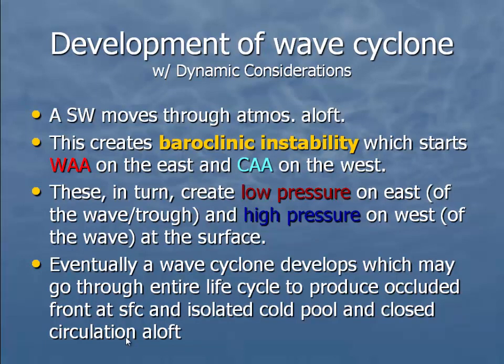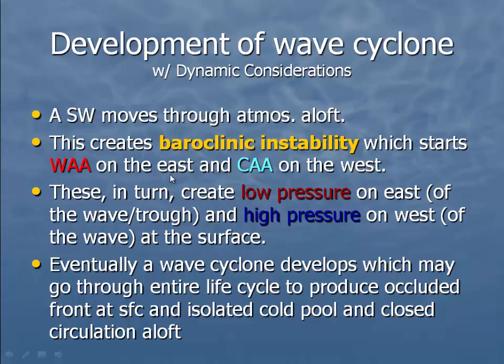So how does this all play out? If we were to put this all together, consider the dynamics that are going on, which are a little bit of a step above this particular class, but just talk a little bit about the basics of what's going on from start to finish. We have some sort of a short wave disturbance moving through a long wave in the atmosphere aloft. This short wave causes a little bit of upper level divergence and causes a little bit of a kink in the stationary boundary. This kink creates baroclinic instability and starts warm air advection on the east side and cold air advection